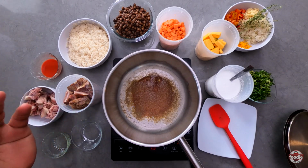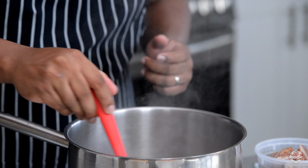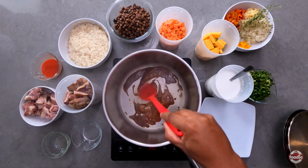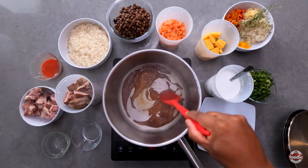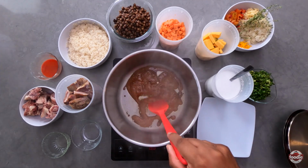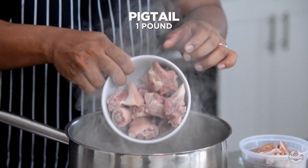Right, so we see the sugar starting to melt, turn dark brown in color and start to foam up. So that's my cue. This will help the sugar caramelize much more evenly, preventing any of the sugar from burning and turning bitter in taste. I'm also using the spatula to feel for any remaining sugar granules. So as soon as it starts to foam up like this and give you this rich caramelized color, that's my cue to add in my pigtail